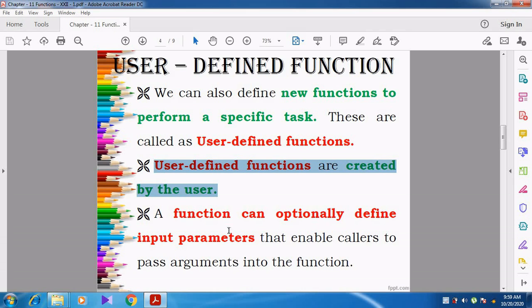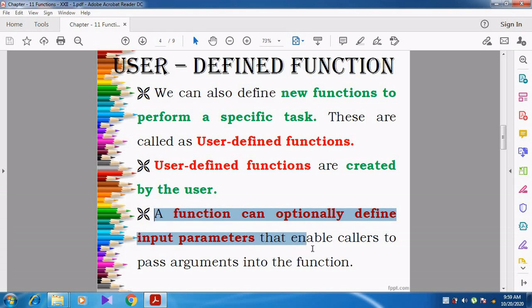And then a function can optionally define input parameters that enable callers to pass arguments into the function. If there is a need, you can specify the parameters also. We already studied that a function can have parameters, but it is an optional one. It is not a compulsory one.